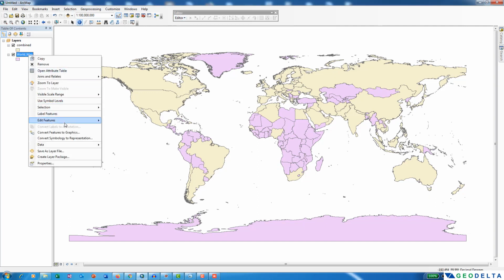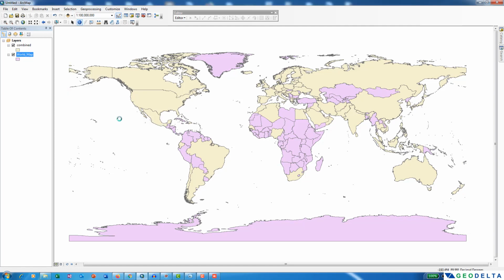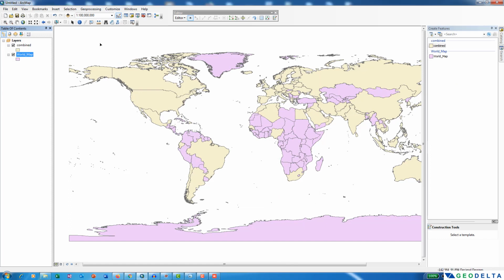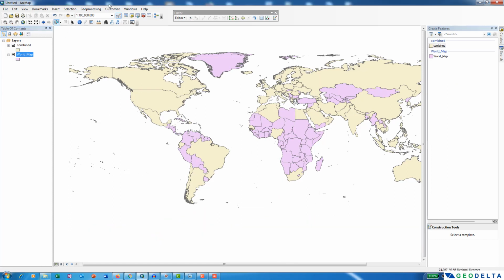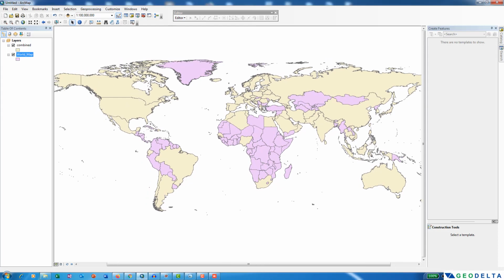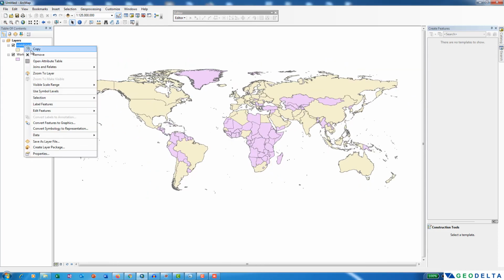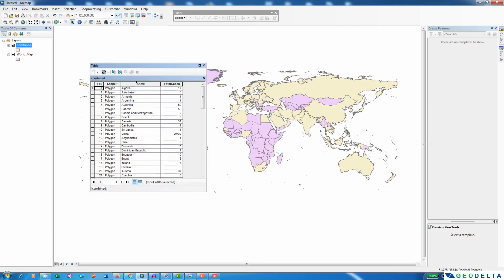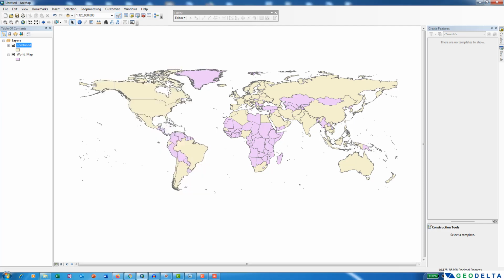So I can just edit, and then I can select this and press delete. I'm going to save that edit. Alright, now if I open this combined shapefile, you can see that it has the name of the country plus the total number of cases. So I'm just going to